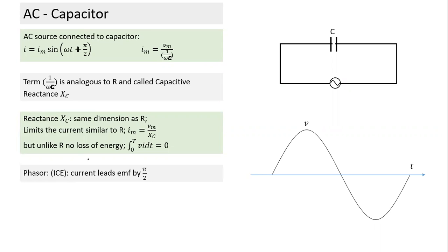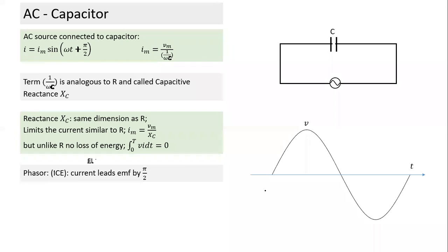And in the case of the inductor, it was ELI. There the voltage was leading by 90 degrees. Voltage across the inductor alone leads the current in the inductor by 90 degrees. Here, it is voltage across the capacitor alone. If there are multiple elements, there will be voltages across other elements, so here we talk about the capacitor. Voltage across the capacitor lags by 90 degrees, or current leads voltage by 90 degrees. Okay. Suppose this is the applied voltage. Based on our understanding, can we draw the shape of the current curve here?